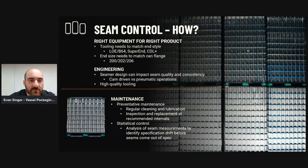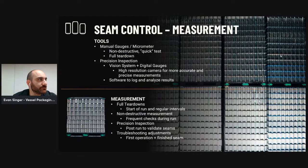Another way to control seams is through statistical control, measuring your seams over time and logging those measurements and seeing when things start to drift and being able to pick up drift before the seams come out of specification. So in terms of measurements, there's really two main ways that you can measure seams. One is manually using hand gauges, micrometers, calipers,